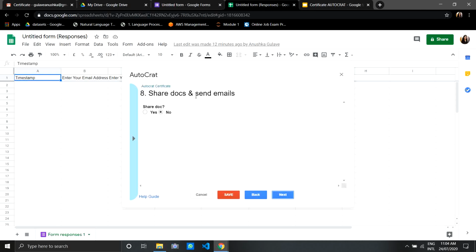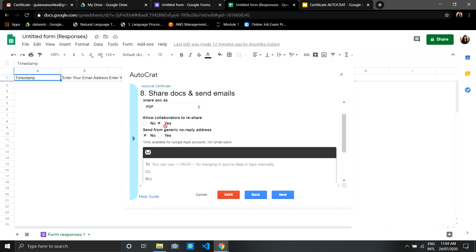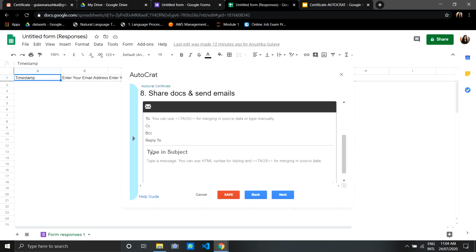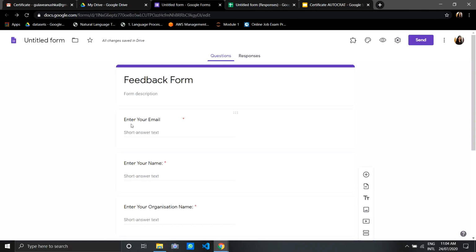Now we have to share the document as an email, so we have to click on this yes option. Okay, share, we are going to share the document as a PDF. Okay, now this is the email format to whom you have to send that certificate. So participants are going to enter their email ID. You can see here the participant will enter the email here.